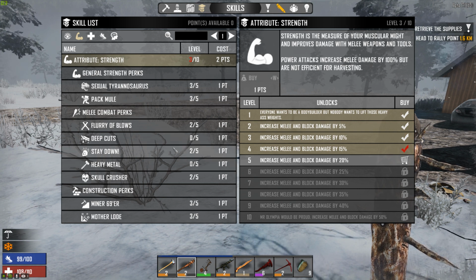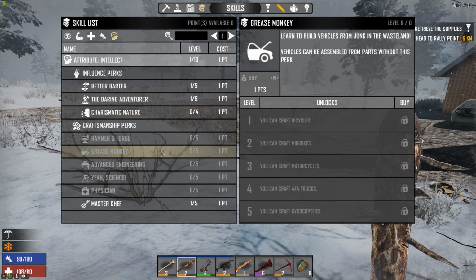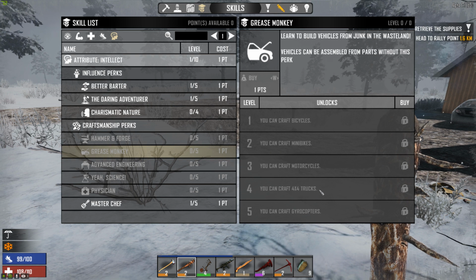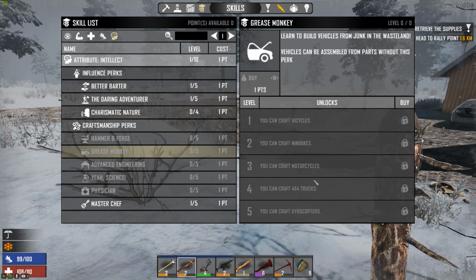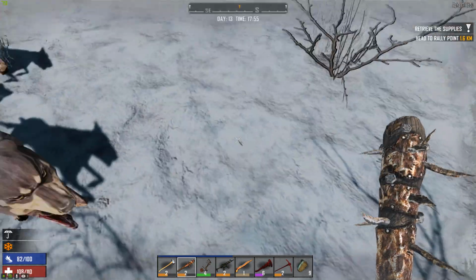However, if I don't have Grease Monkey, I cannot craft this at all. I cannot even get it. I mean, okay, suppose it's possible to find all the parts for the vehicle, but I have not. Stations? I can...